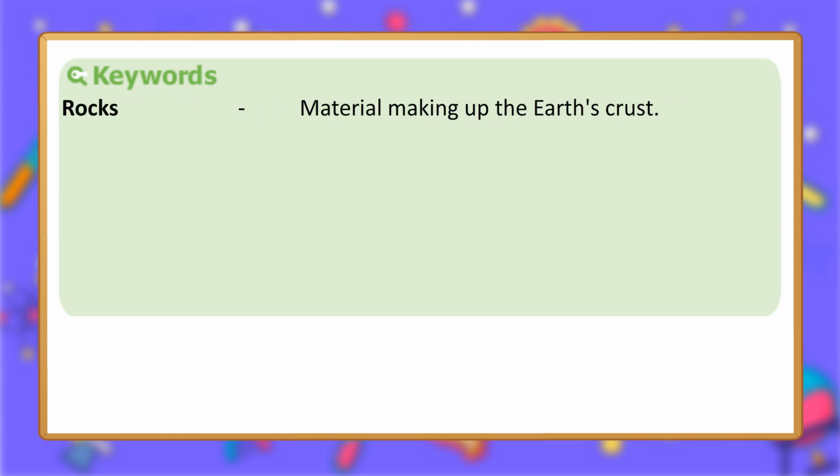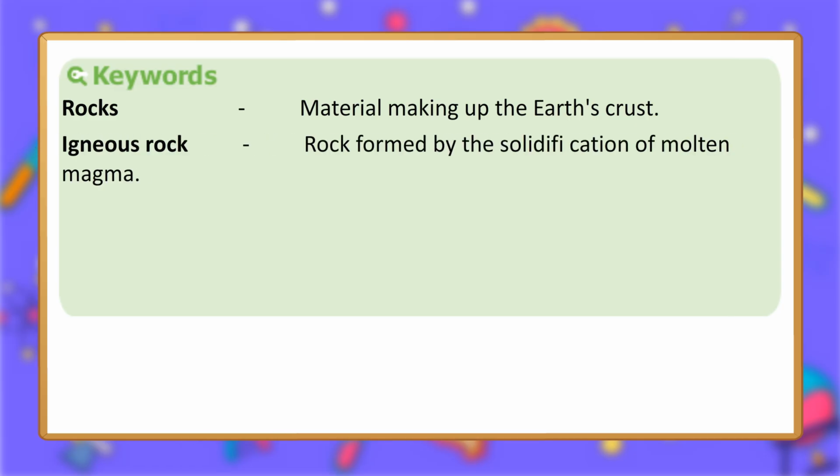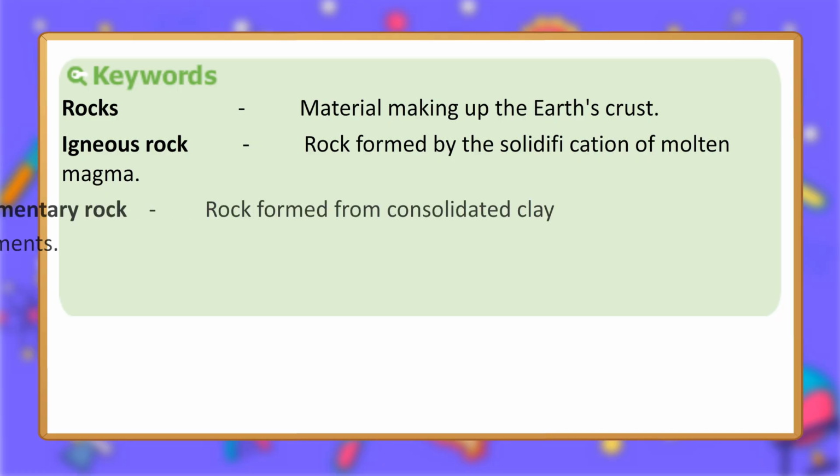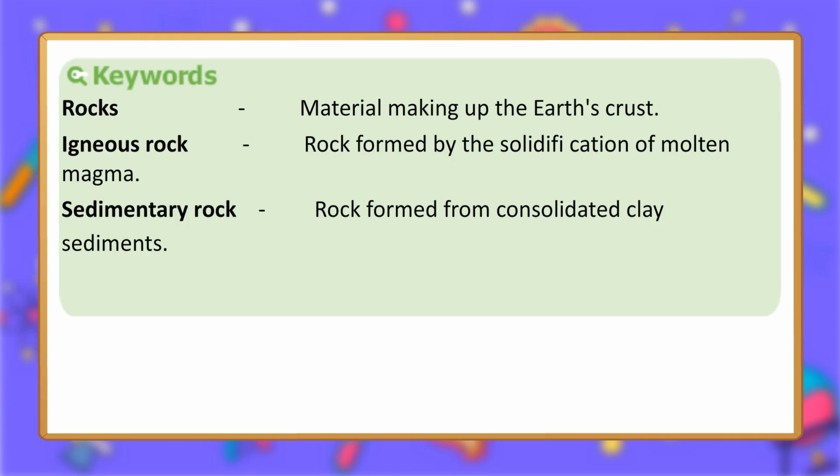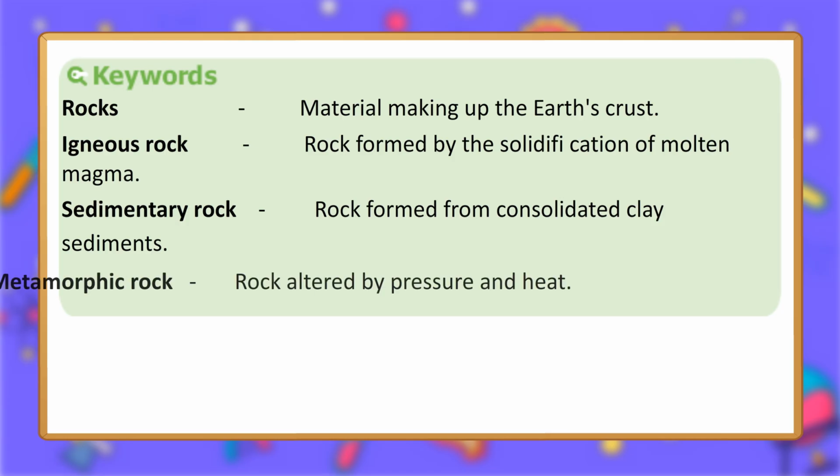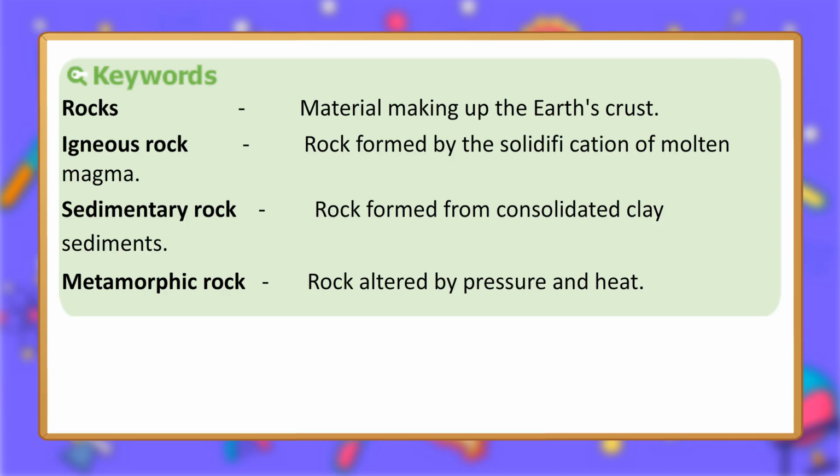Keywords. Rocks, material making up the Earth's crust. Igneous rock, rock formed by the solidification of molten magma. Sedimentary rock, rock formed from consolidated clay sediments. Metamorphic rock, rock altered by pressure and